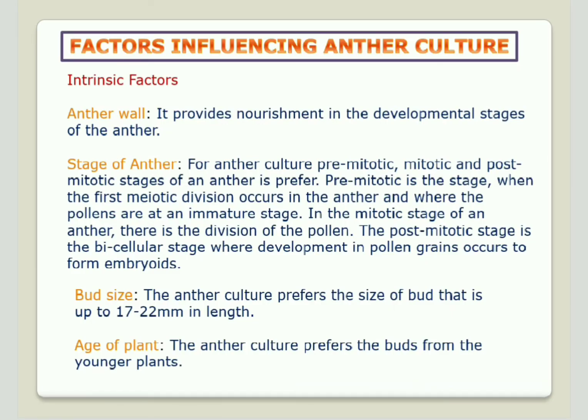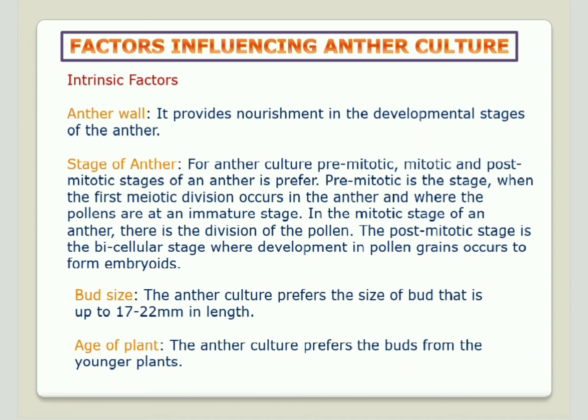Then the factors which influence this procedure, the anther culture, are the intrinsic factors and the extrinsic factors. The intrinsic factors include the anther wall, which provides nourishment to the developing stages of the anther in this procedure. Then the stage of the anther: there are three stages, pre-meiotic, meiotic, and post-meiotic. The pre-meiotic is the stage when the first meiotic division occurs in the anther and the pollens are at an immature stage. In the second stage there is division of the pollen, and in the third stage